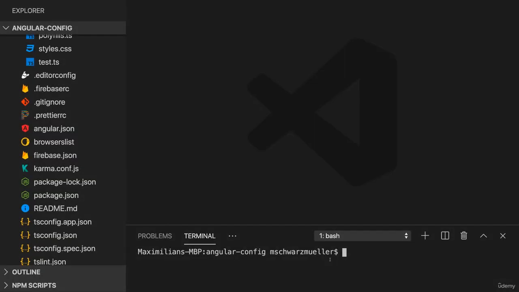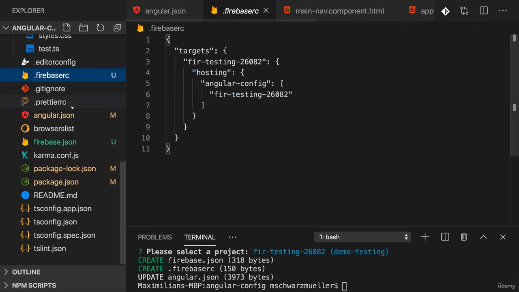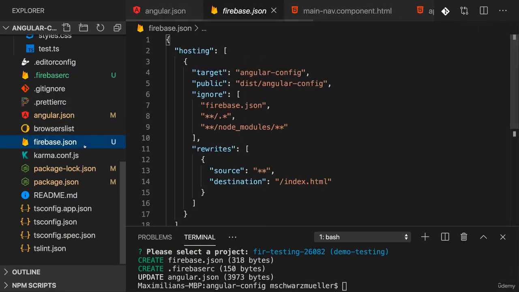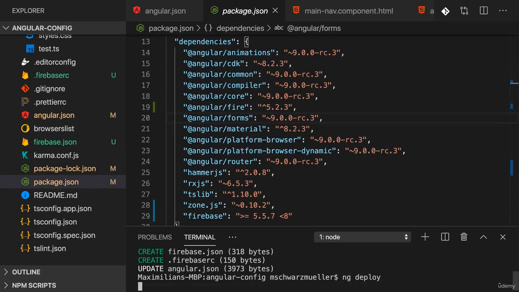Now important, if you're getting any errors here, you also might want to install the Firebase tools globally, firebase-tools, on Mac and Linux with a sudo in front of it. And once you did install those tools, run firebase login to log into your Firebase account, and thereafter try ng-add AngularFire. Now with that, this will add a couple of configuration files here, some Firebase configuration files. And now the neat thing is we can simply run ng-deploy now, and it should automatically pick up AngularFire